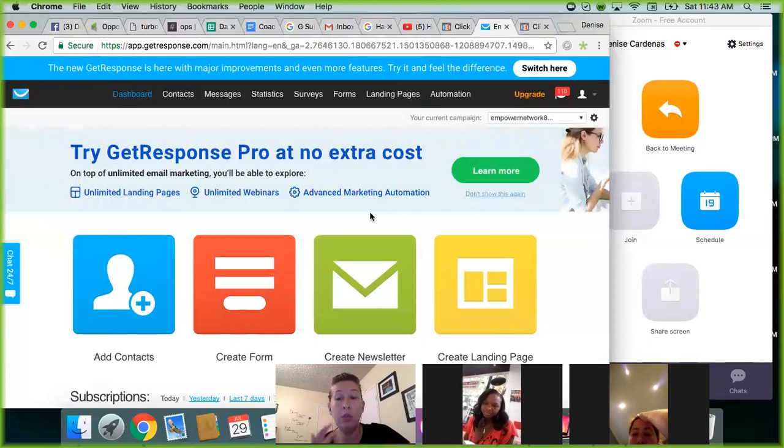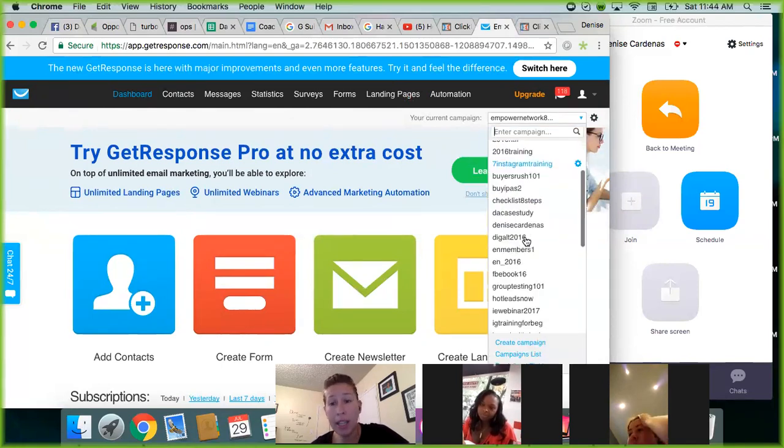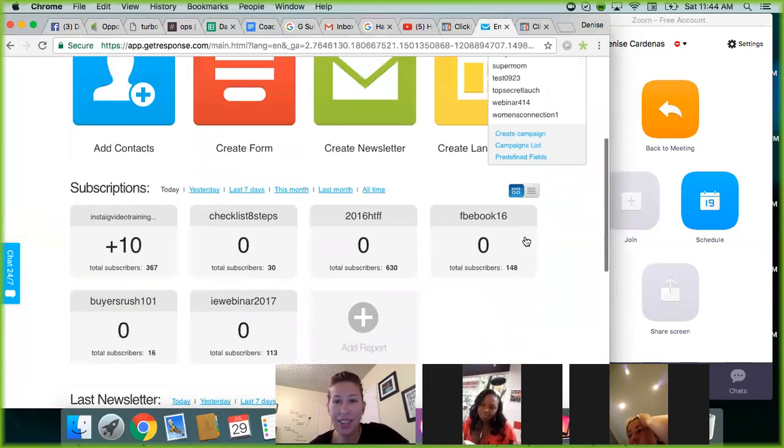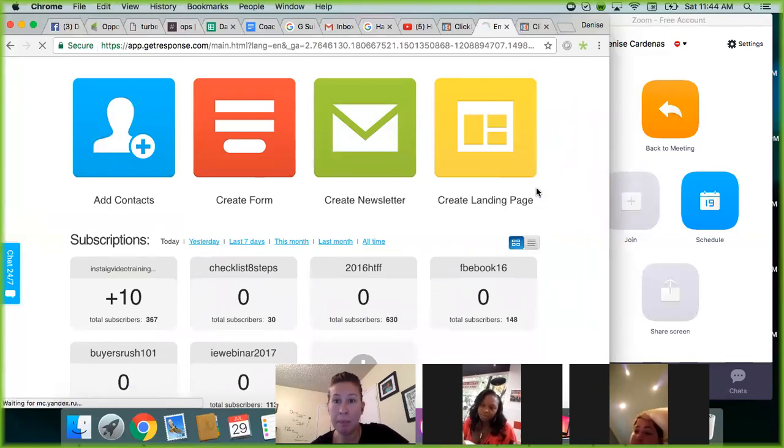So when you first set this up, all you have to do is click this little arrow right here. It says your current campaign. Once you log in and everything, this is how it's going to show. You click this little button. Ignore all this. These are all my campaigns. I've had GetResponse for years. So ignore all that, okay? But if you click right here, create campaign,